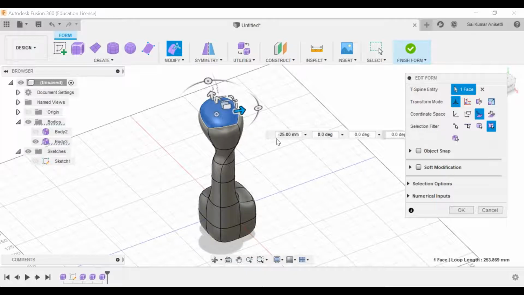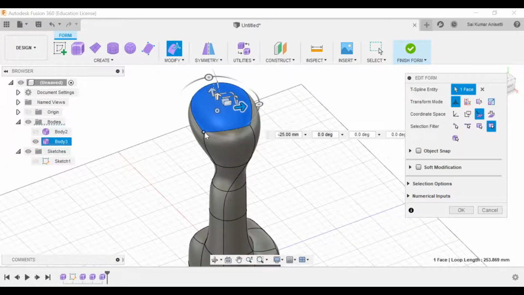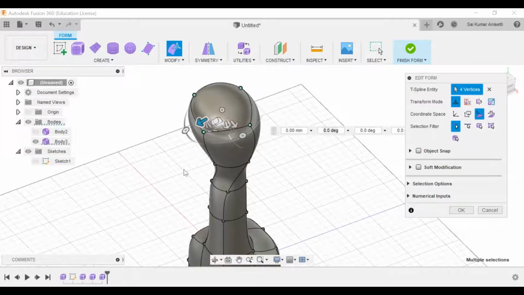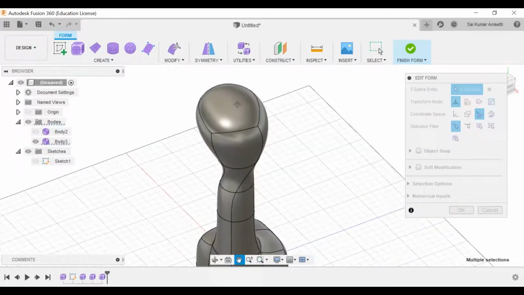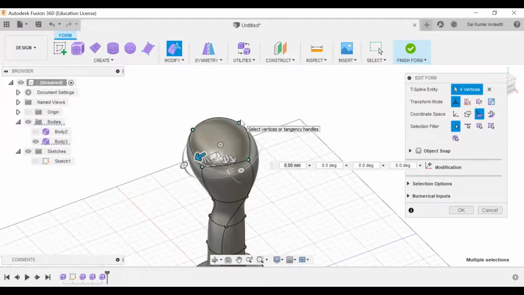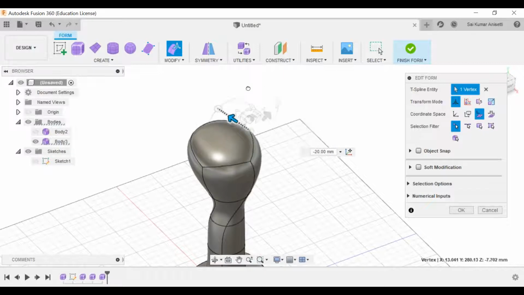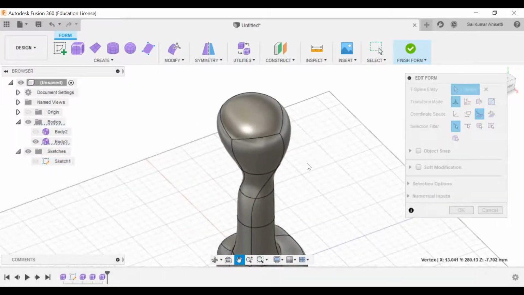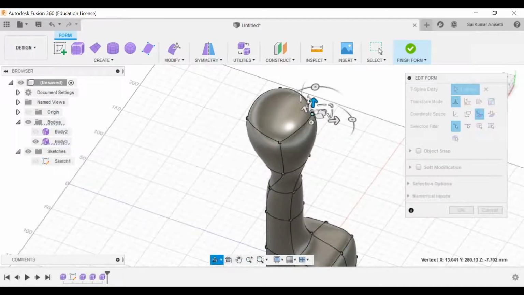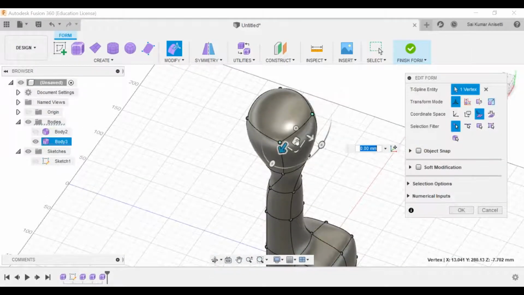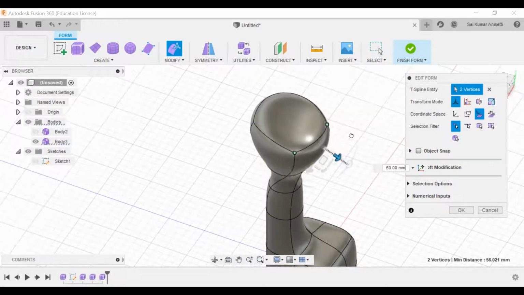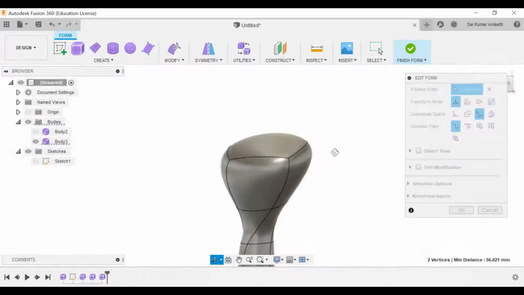And you have selection filter. See, if I want to select only this particular point, make sure vertex is on. See, it will show all the vertices. So now you can pick this vertex and you can just manipulate it. If you want to control not with respect to the face, but with respect to that vertex itself, click this vertex and Ctrl click this vertex and you just drag it. It will just drag only with respect to this particular vertex.